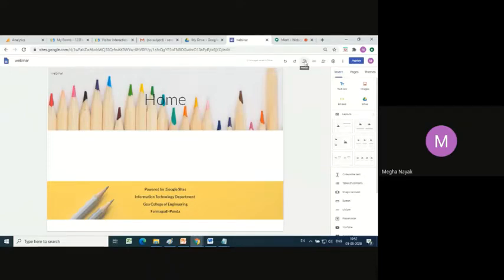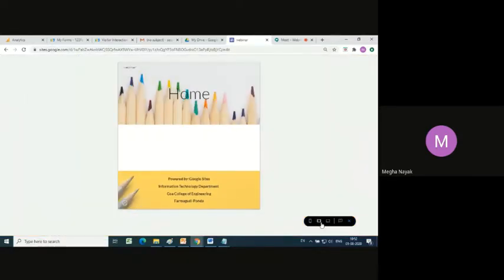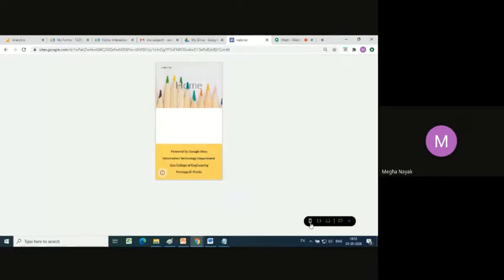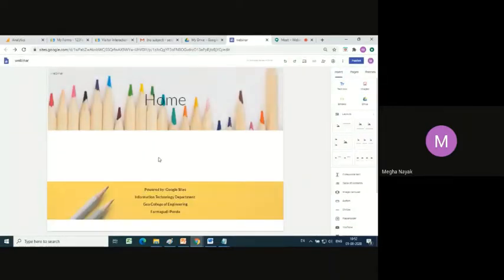So I click on the preview. Now Google gives you inbuilt options to see how your website would look on a laptop or a desktop screen, on a tab, and on a mobile. Cool. So I get out from it because I just wanted you to know how you would be viewing your website on different devices. Okay, I'm back to the editing portion.